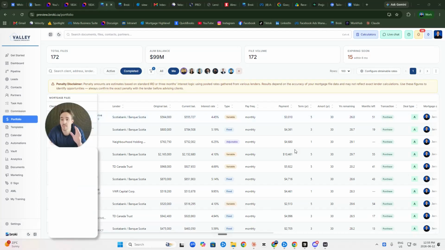Okay, so we got some big news for Broki. We are now calculating the penalty amounts on your mortgage files. Now, full disclosure, these are estimated penalties. We do have previous rate data for posted rates of major banks and other lenders that would use a posted